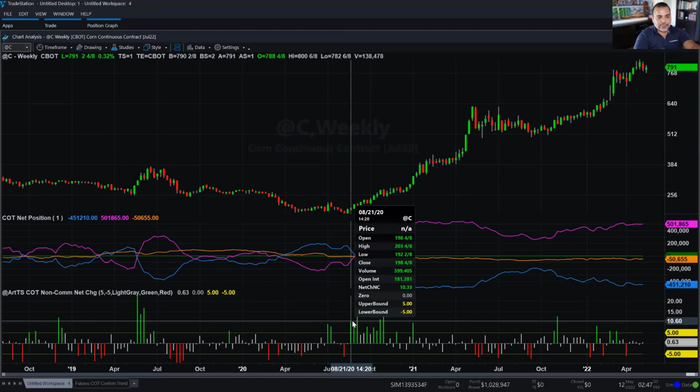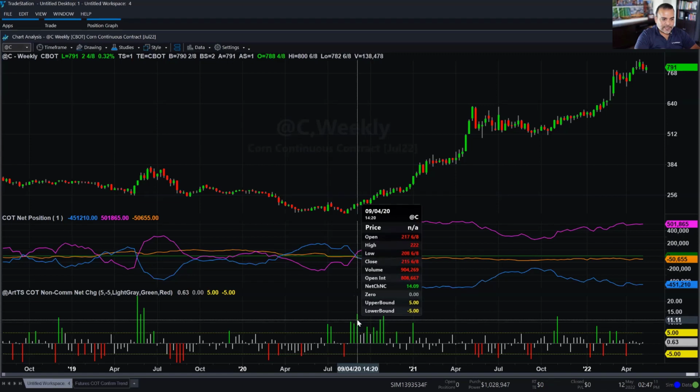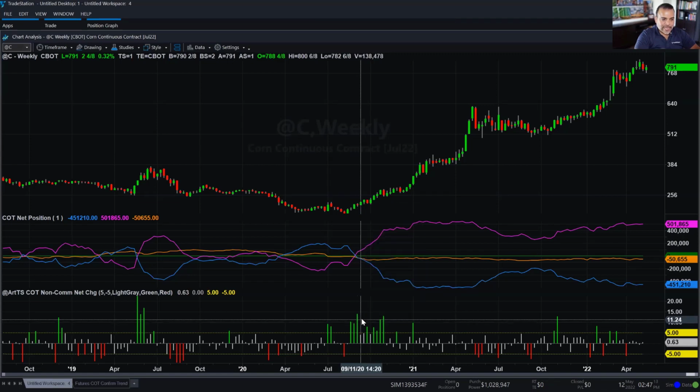It's called the net change, NC. And you can see that on this bar, it was 10%, 9%, 14%, and so forth. And what the indicator is doing is also color coding based on a user-defined threshold. So what I did is that anything that is higher than 5%, and it's also identified with that dotted line, is going to be painted in green. And anything below -5% is going to be painted in red. So it does give you the magnitude of the change in the net value.